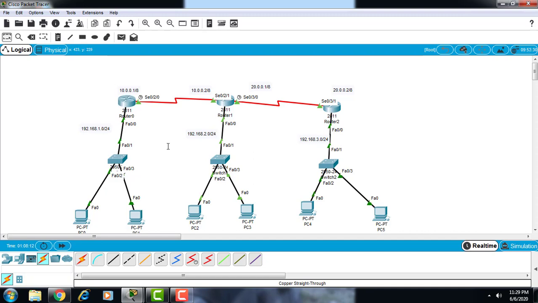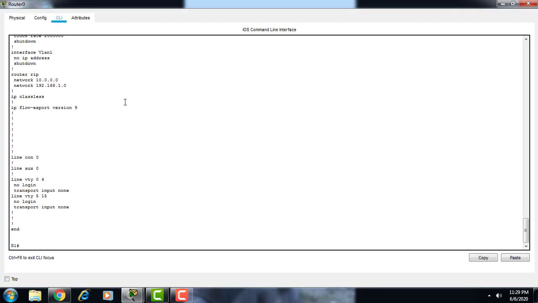So now we have to take the first configuration. Before that, we can see that this is the topology of the RIP routing that we have performed. We earlier made one video on RIP routing, so you can see that configuration in that previous video. Let's start the configuration of SSH.